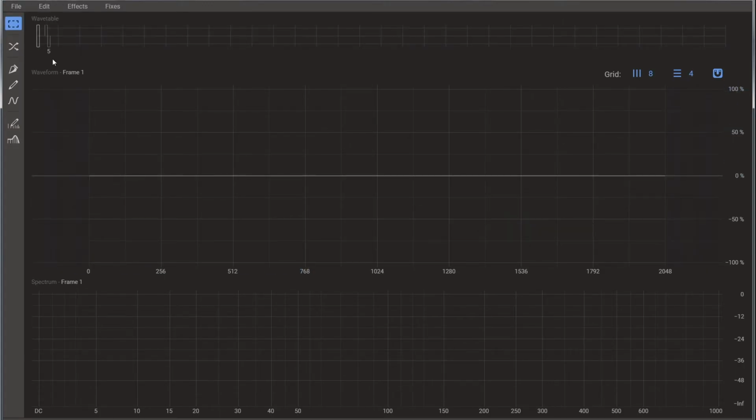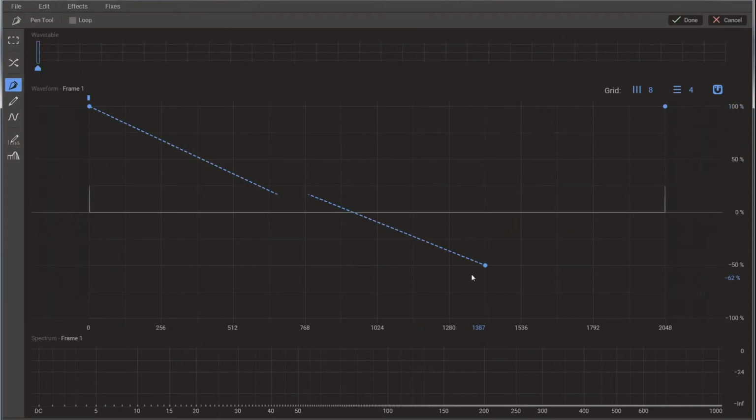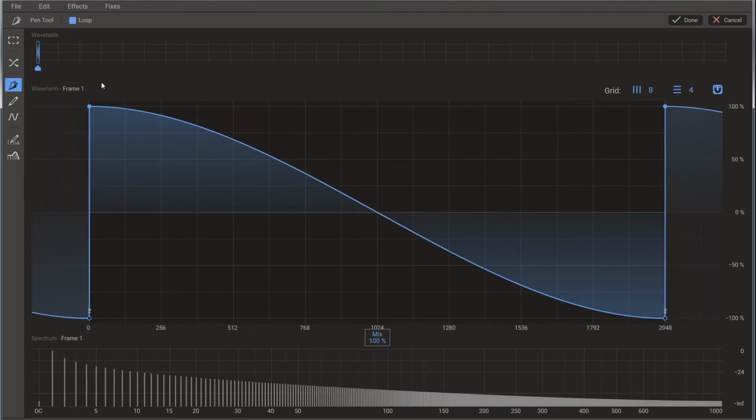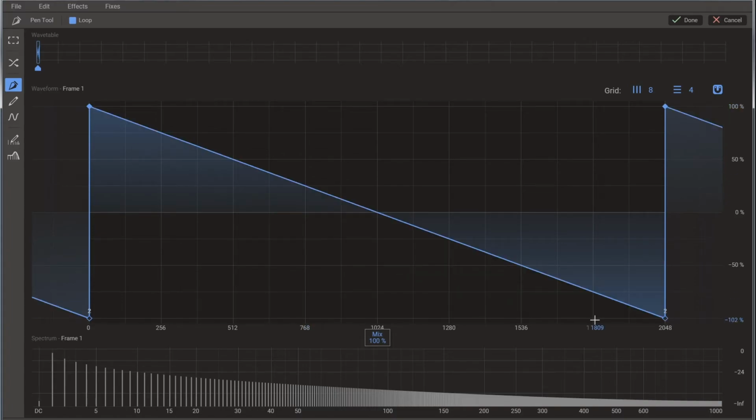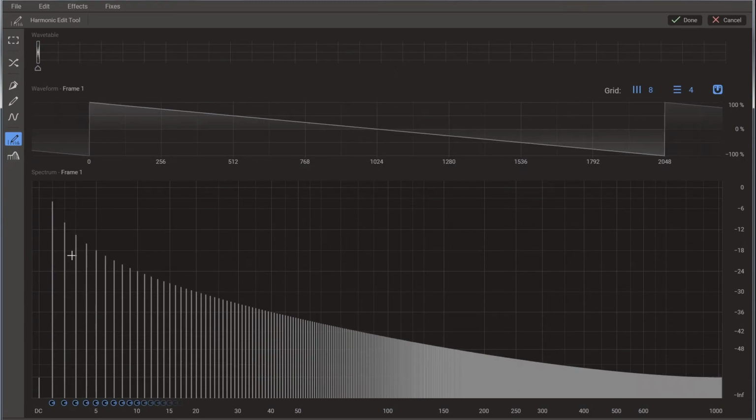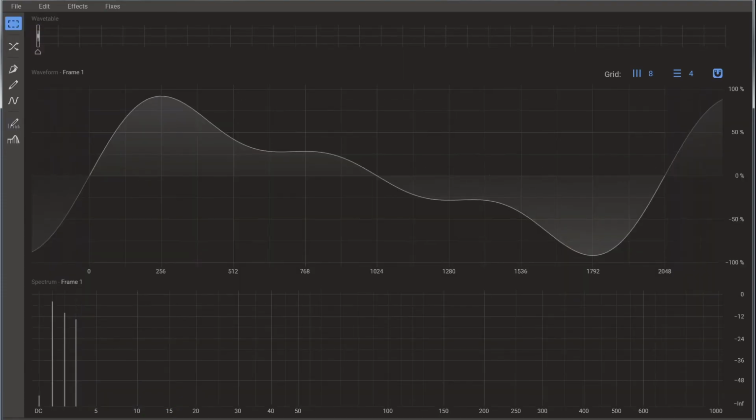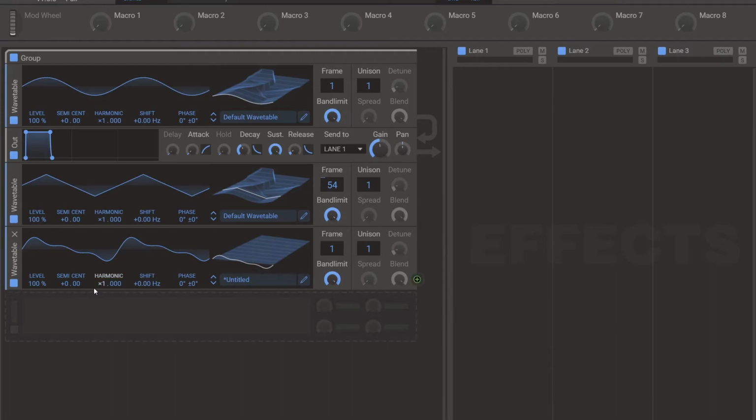Create a new table. On the first frame, let's make this sawtooth ramp. And switch to harmonic mode and essentially high pass everything above the third one. Done. Close that. Switch the harmonic on this saw to like 32